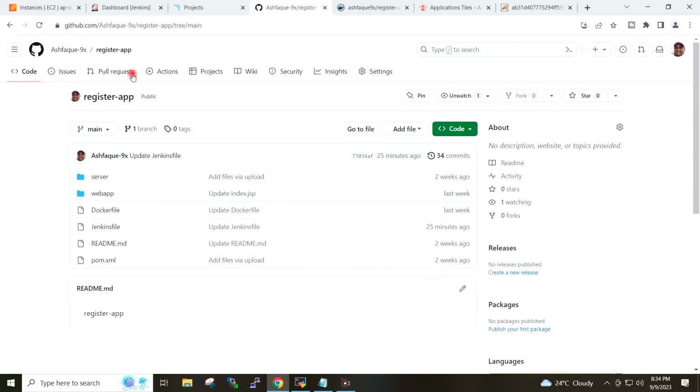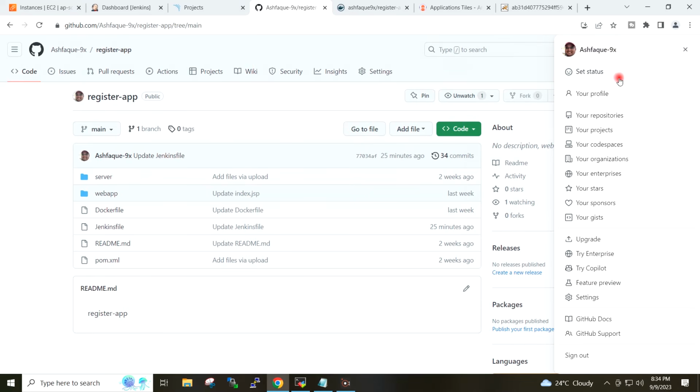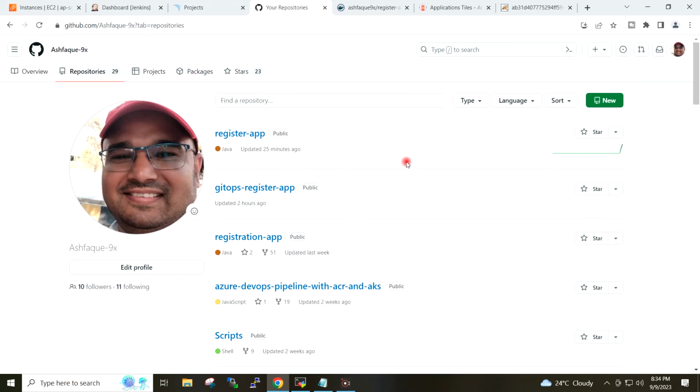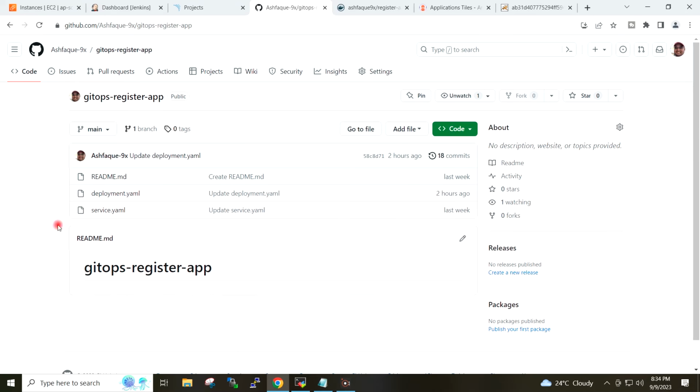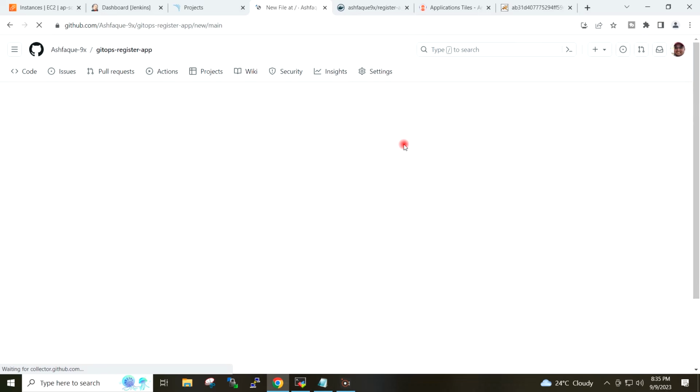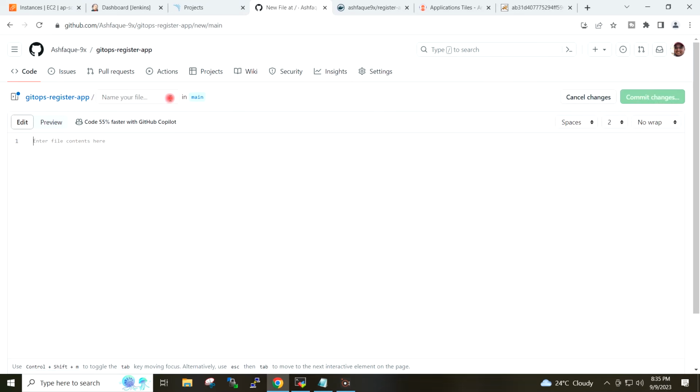So I will go to my GitOps repository which has the manifest file for the Kubernetes. I will create the new file in this repository.